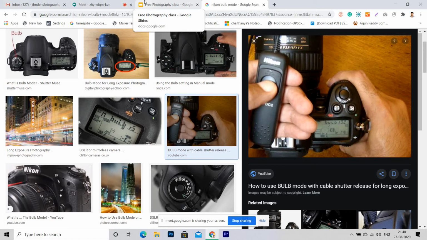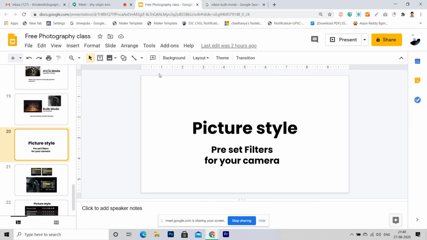For example, if a little blue color is there and you increase the saturation number, automatically that blue color will come out more blue. If light green is there, it will come out more green. Or any color, it could be any color. If we are taking a nice sea photo, but it is coming a little light blue or literally white, grayish, or something like that, but if you take the same photo from your mobile, it comes like blue. That can be achieved with these picture styles. I'll just show you how to do it.